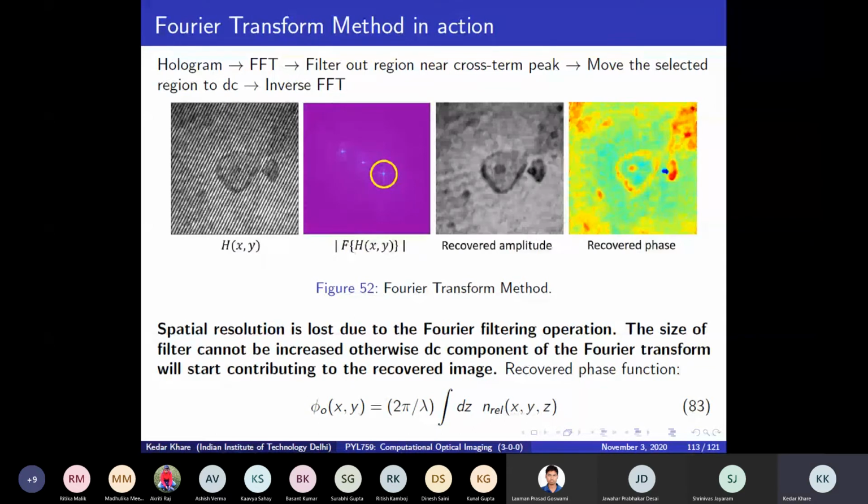Yes, sir. Okay. So I wanted to give you a more pictorial understanding of how a hologram looks and what you are actually getting out of it when you demodulate the fringes. Okay. And then we have to understand two things. What does the phase mean and what does the amplitude image mean? What do you think?